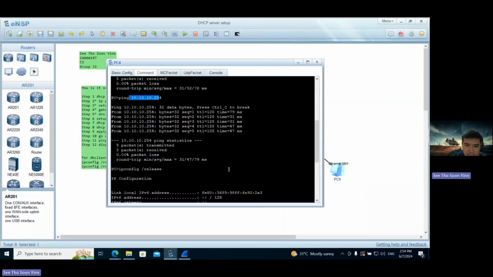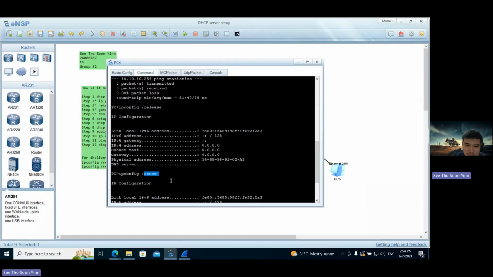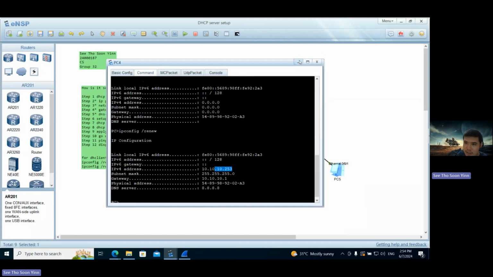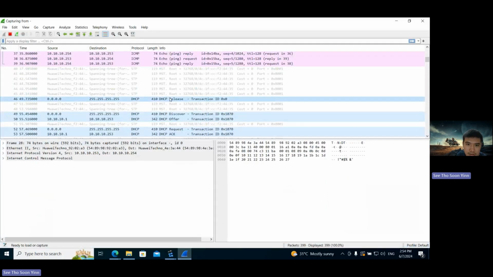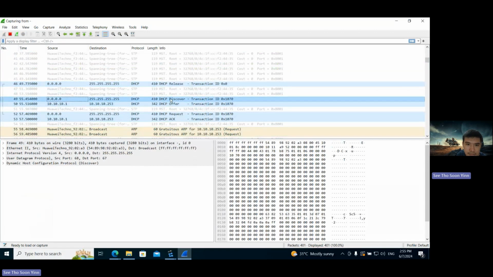Next, we can use DHCP client by these two commands, /release and /renew, for the client to release the IP address, and they go back to their default IP address, and to renew is to request a new IP address from the server. So Wireshark was able to detect the release, and finally, the 4 steps are that PC4 is sending a broadcast